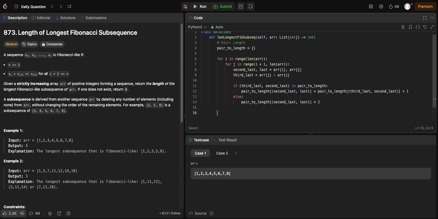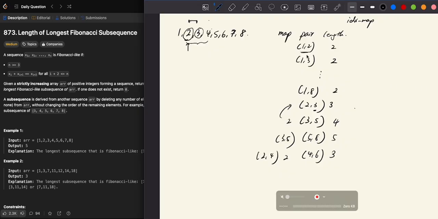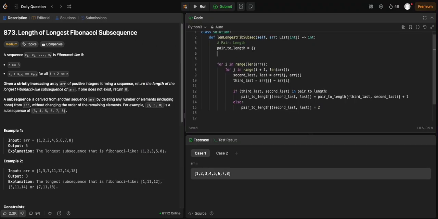And then at the end, what do we return? I think we want to return the maximum, right? Yeah, we definitely want to loop through the whole map and find the maximum. Because what happens if we have, I don't know, 100 at the back? We can't just get the maximum at the back, right? Or I guess we can have a running max as well. So for longest subsequence, we'll set it as 0 at first, and then we can just do,